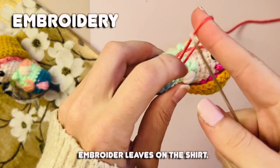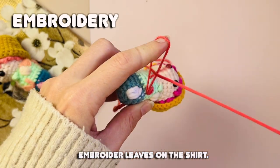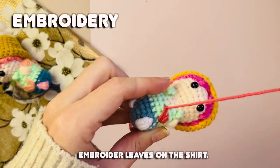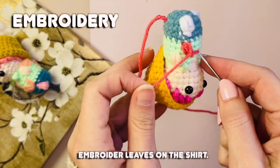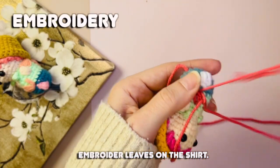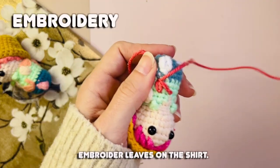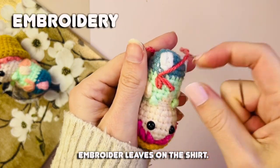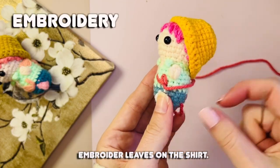And just before you close that off, you'll have the needle going through. Just like that. And it just points it in the right direction. Come through that same top stitch space and then back into your base again. And then you just give it a pull. Do your best not to have it twisted and tangled. And then from there,